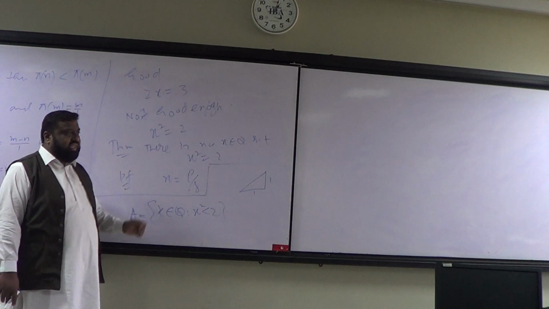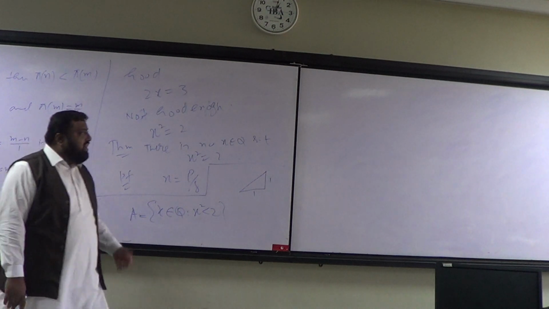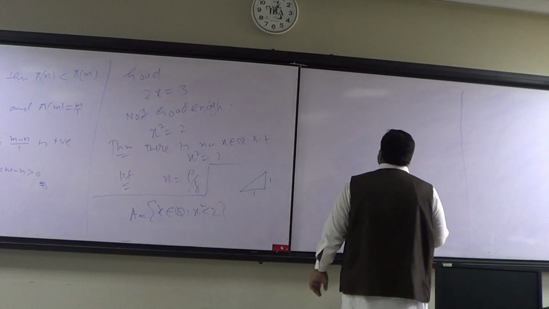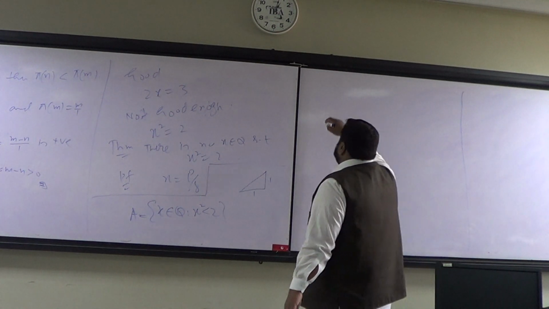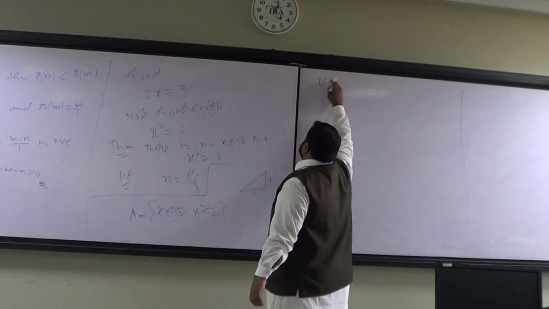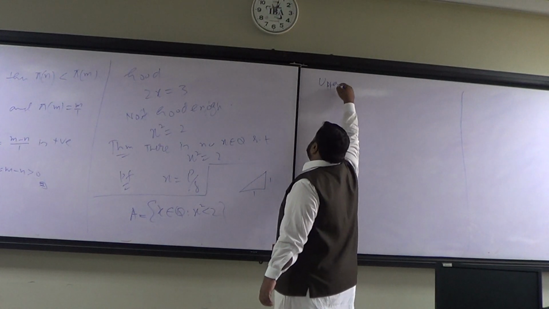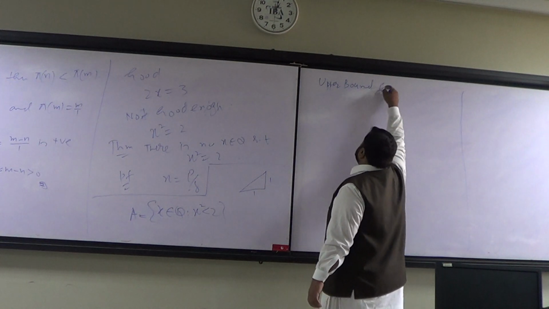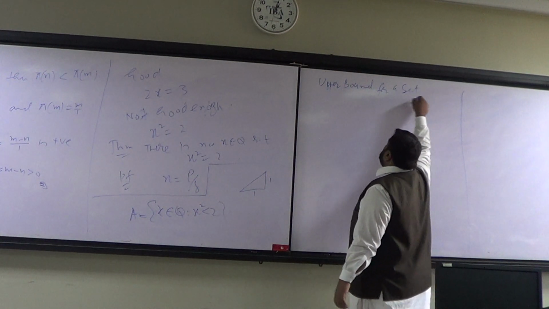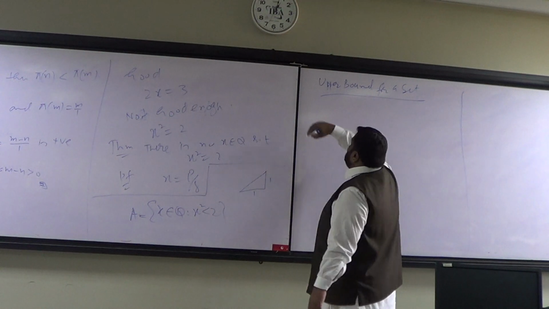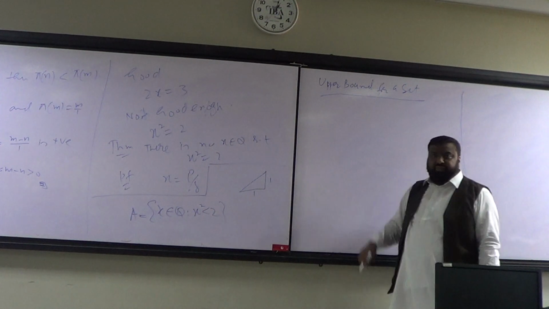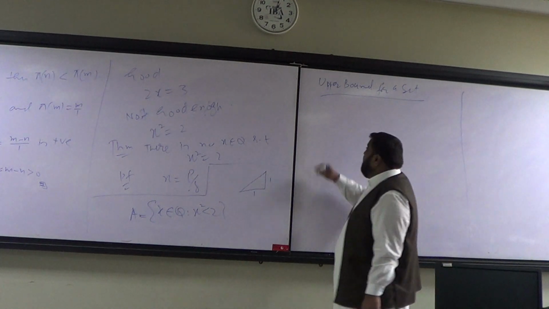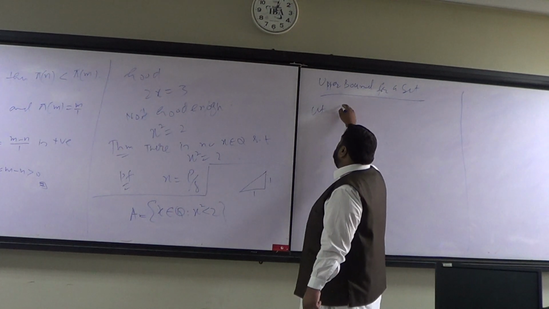So in other words, we have the notion of a bound. The first thing that I would like to define is an upper bound for a set. What do you think should be the definition of an upper bound? So I'll say that let A